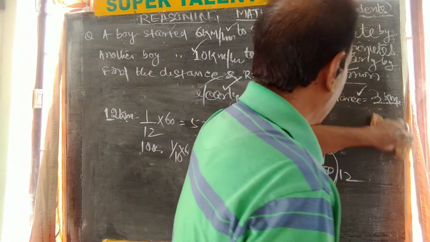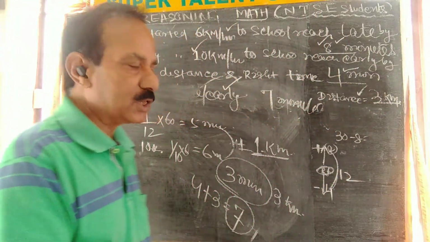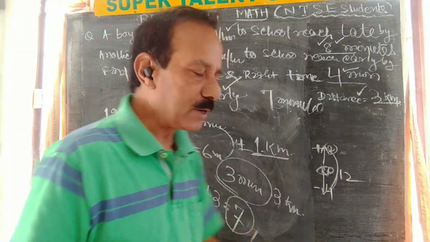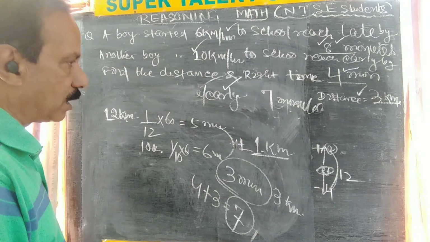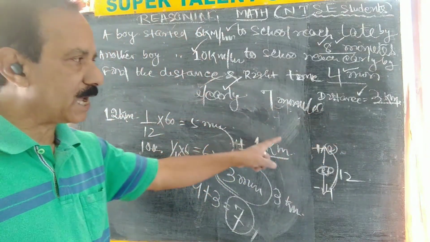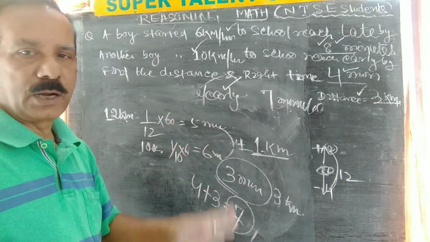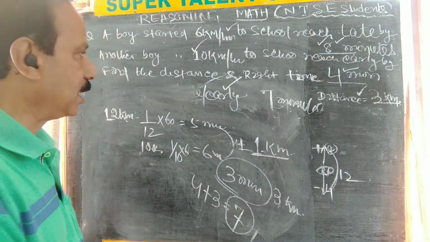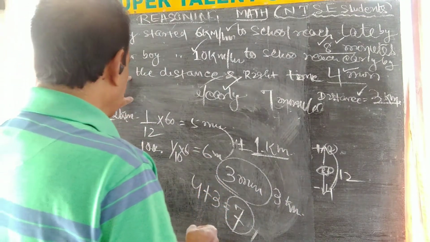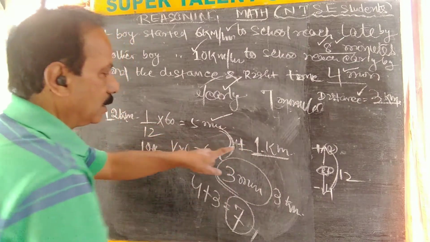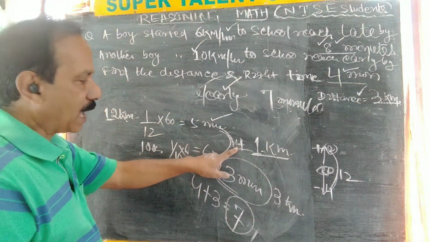I have not found it out. Right time, for this question right time is not needed. But if a student finds out as per the school method what is the right time, what is the time in 12 kilometers, minus it, find early or late, it will be foolish to kill all the time. Here only you see that, that is 12 kilometers, that is 5 minutes, 10 kilometer 6 minutes, what, the +1, because early by 1 for